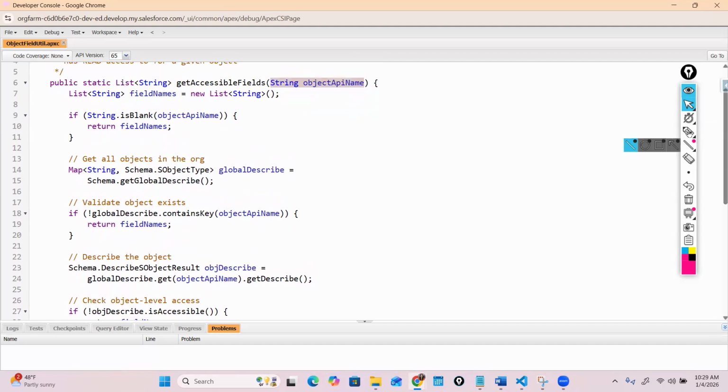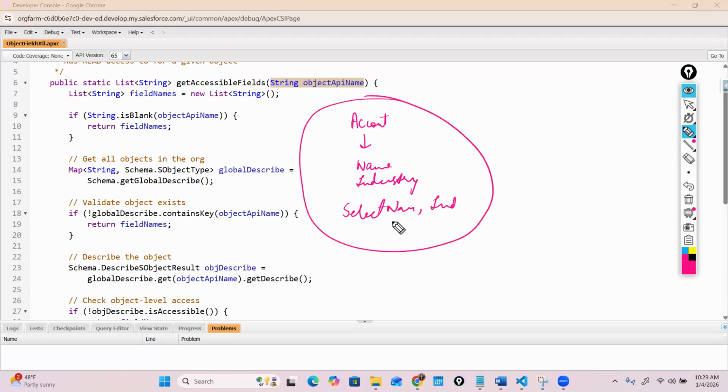Let's understand the difference between dynamic and static. If I knew the account object was there, hard-coded, and I know that on the account object there is a field called name and a field called industry, I can write a query: select name, industry. That is my code. This is static code, right? I know I'm talking about the account object, and I know I'm talking about the name and industry fields. So this is